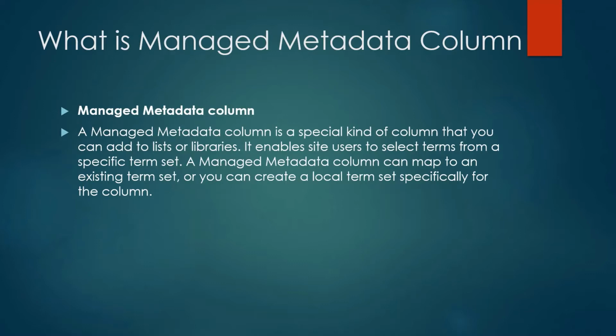Let's say there is a list where car brands are needed. What you will do by default is create a choice column. I know everyone will create a choice column, and give the options in that column. Now let's say another site or another list needs the same car brands. You need to create the choice column again and create the list of brands again. Sometimes you need to update the brands, then you need to find out which lists use that column, and change it manually everywhere.